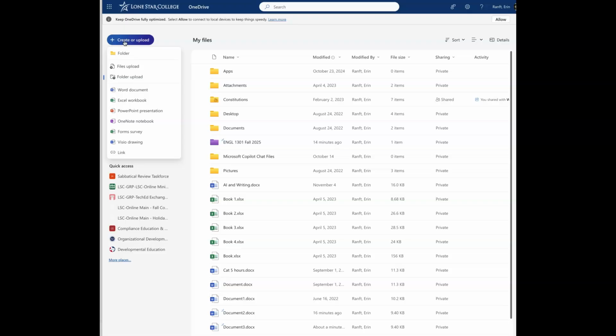Now this is really specific to our class, right? Why not create a folder to keep all of your files for a single course together, especially if you're taking multiple online classes? Like, this is a way that will just help you in the future. You're doing your future self a favor by doing this. So I'm just going to click folder,